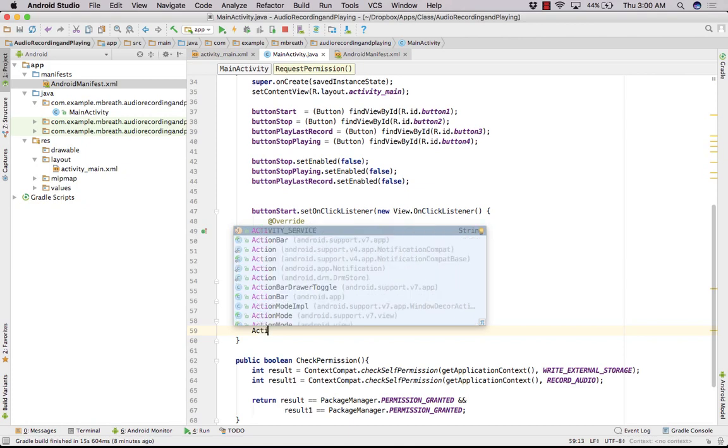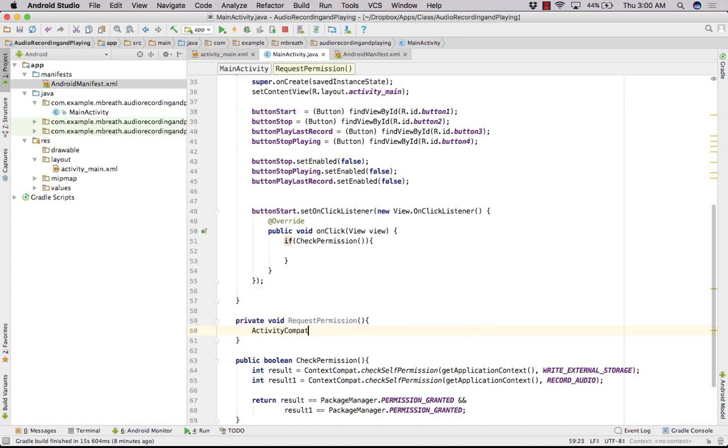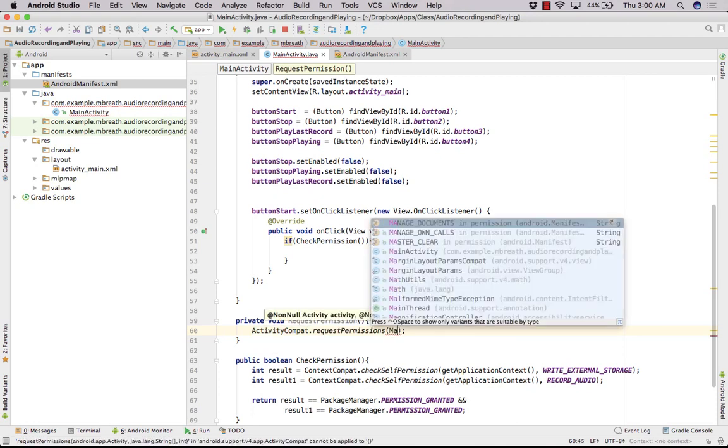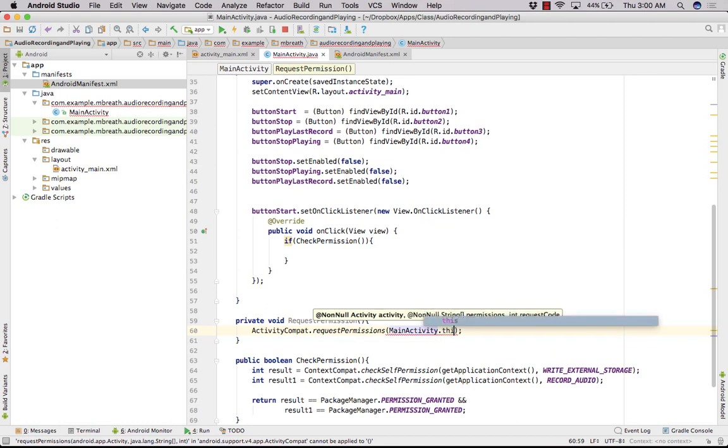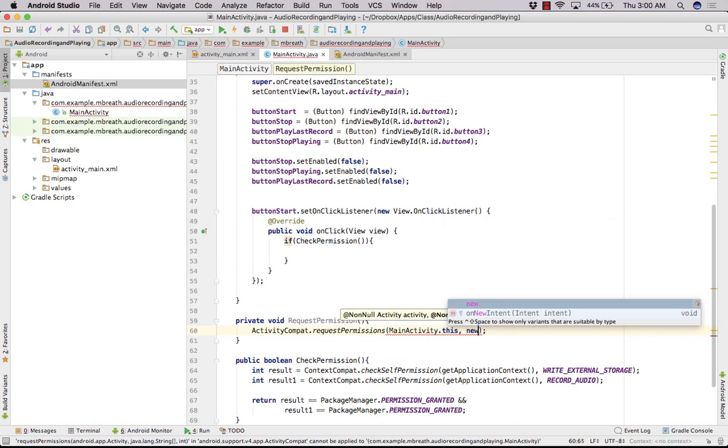Now here ActivityCompat.requestPermissions, in MainActivity.this, and now we need a new